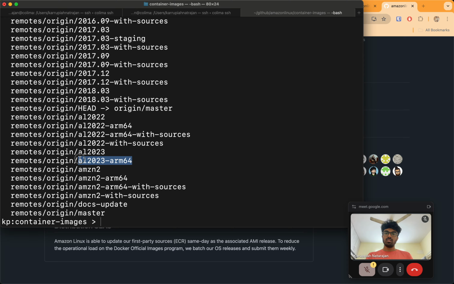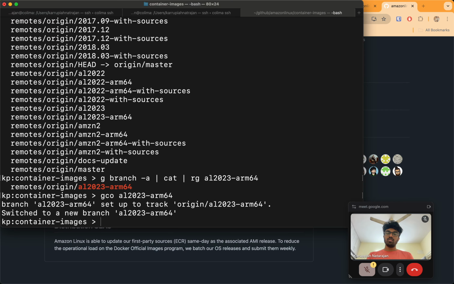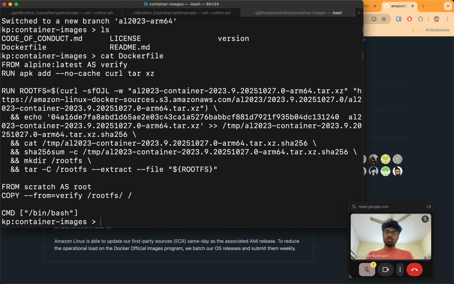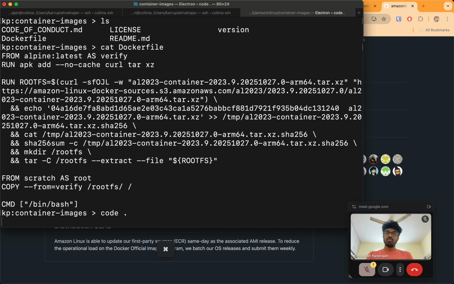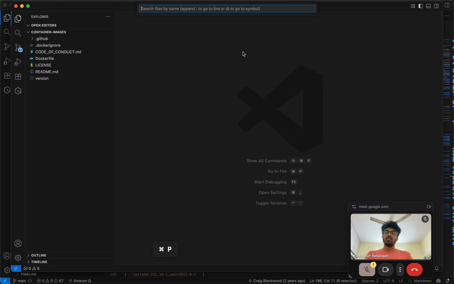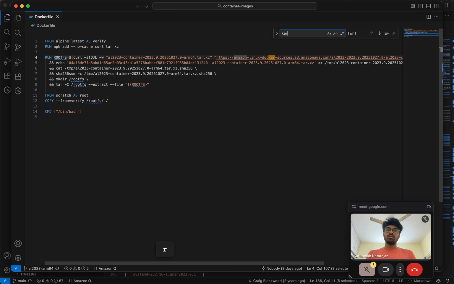Actually this one. Yeah, let's do this. Dockerfile. There's Alpine latest done. So it has kernel Linux.